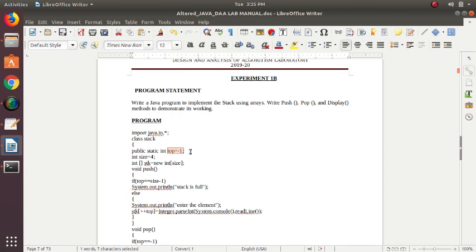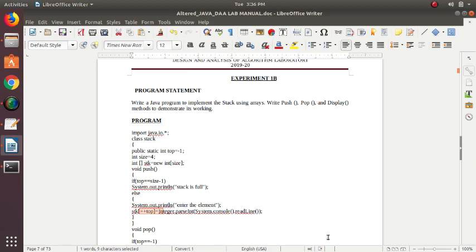So what I want to do is pre-increment. First I need to increment the value of top, and only then insert the values, so that the index becomes 0. That means I will store the values in an array from 0 onwards. That's why, for the very first element, the index should be 0, and each time I will pre-increment top and insert.